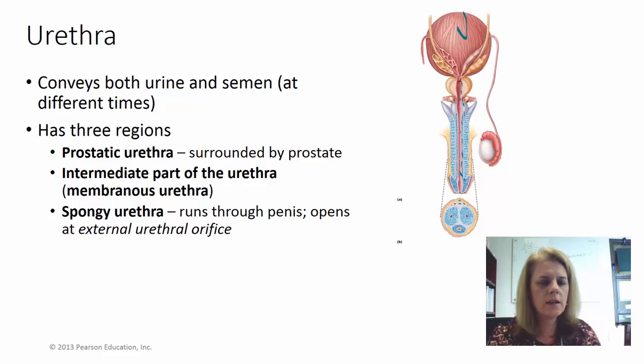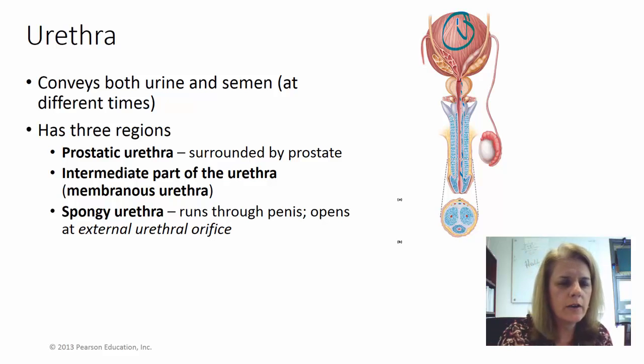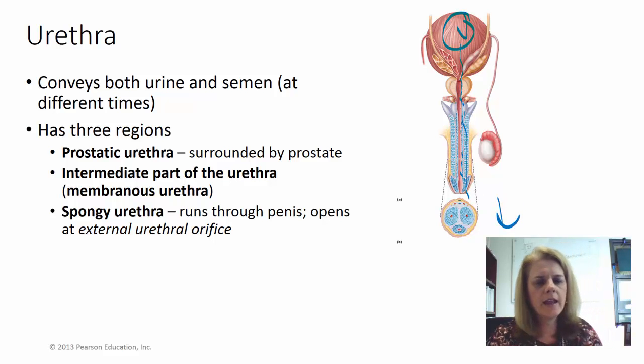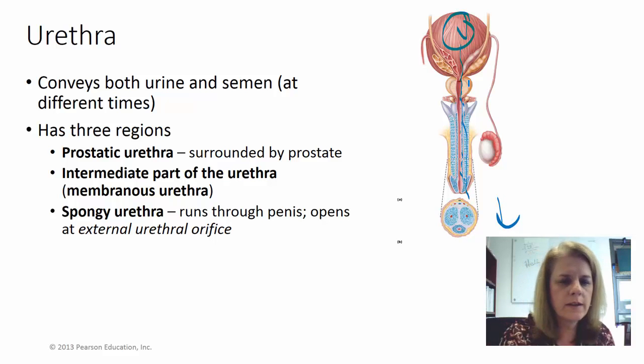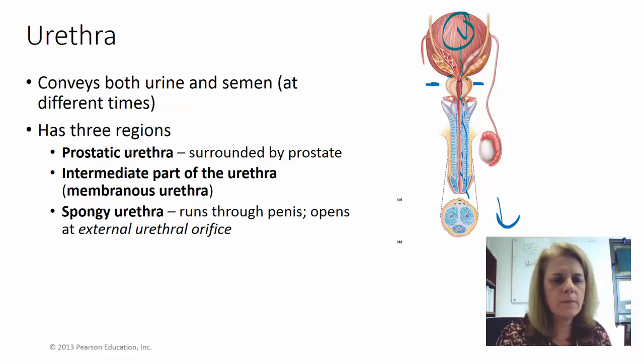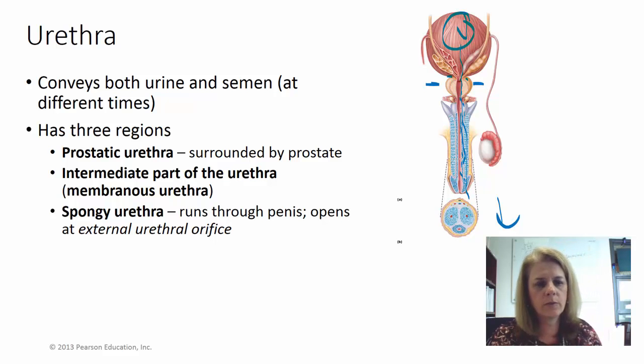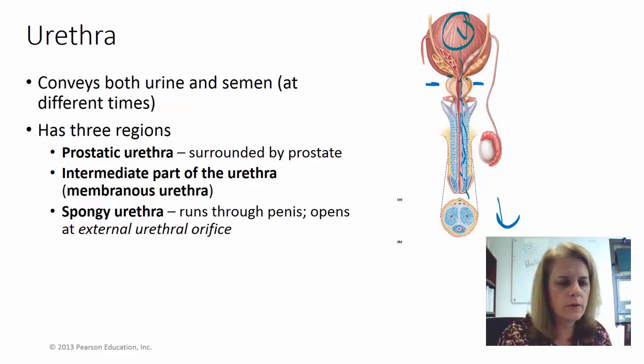So understanding these regions, it kind of helps you understand what the function of this whole organ is. So when urine is made in the bladder, okay, then you're going to have urine just travel through the penis to the outside, and it has to pass first through the prostatic urethra, because this organ here is called the prostate. Okay, then it's going to pass through the membranous or intermediate part of the urethra, which is the part of the urethra,